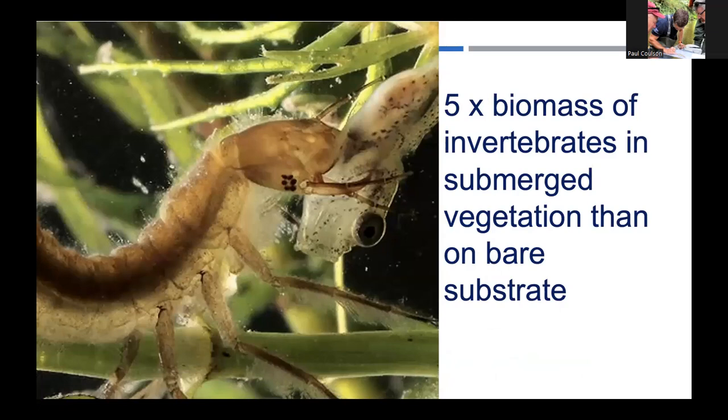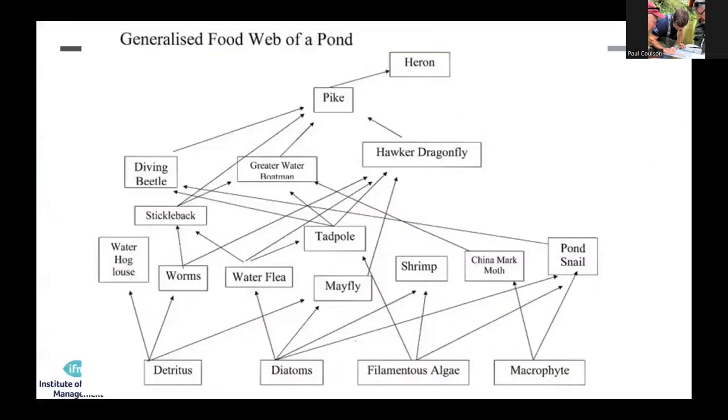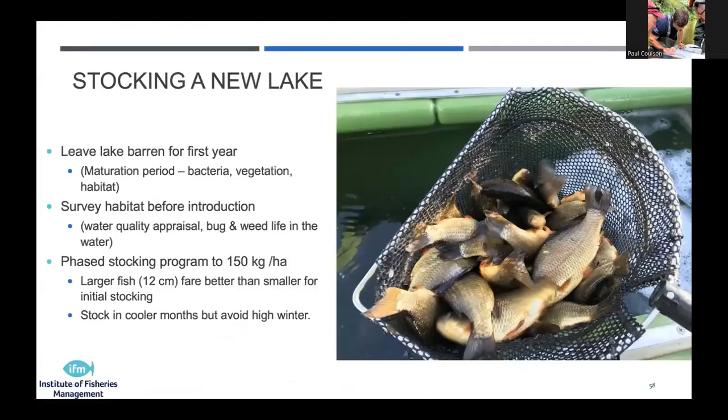free fish food. If you can develop these and add these in, you're benefiting the fish and also the bats and everything else, and swallows and whatever else might be there, as these things hatch and develop. And this is what we're really aiming for, isn't it? That nice, broad, diverse food web in a pond, with lots of different elements. We've got filamentous algae, macrophytes down here, and they all feed into each other as we go through, and then it ends up at the top of the food chain with the pike up there as the top predator.